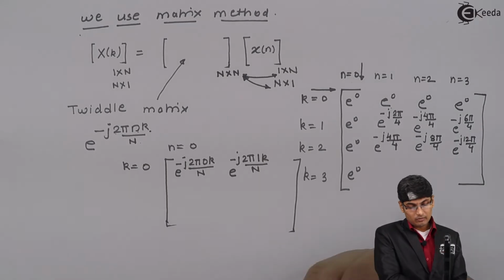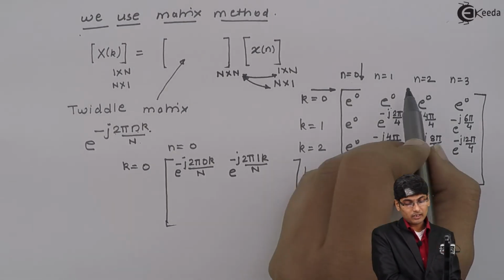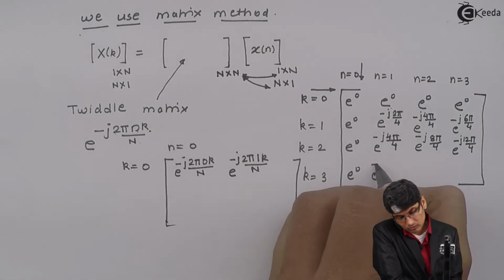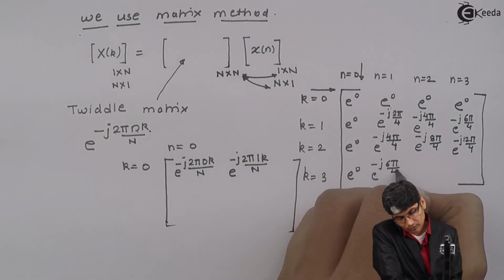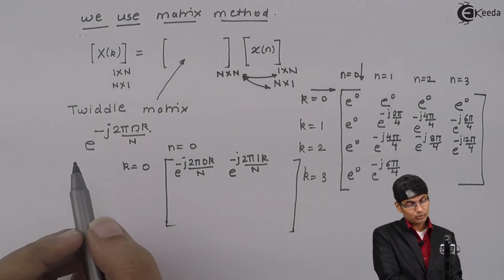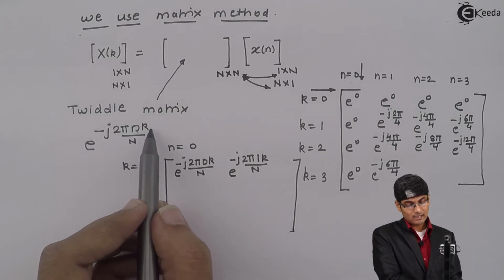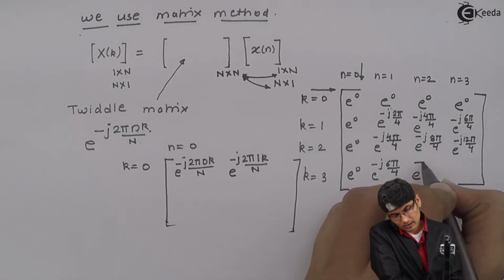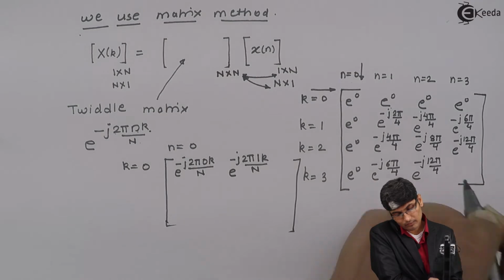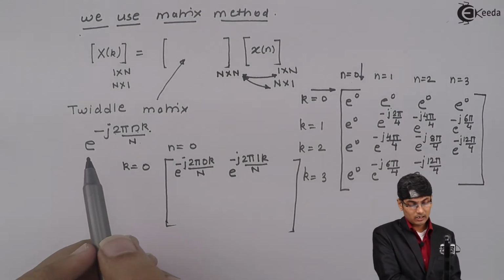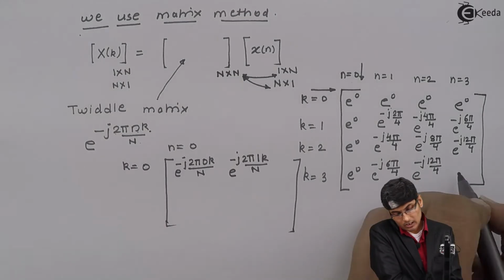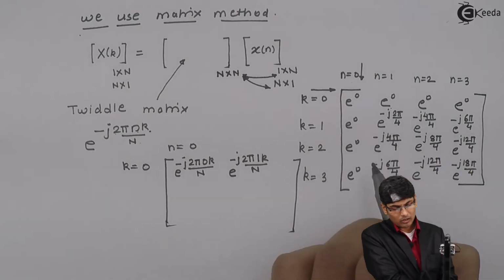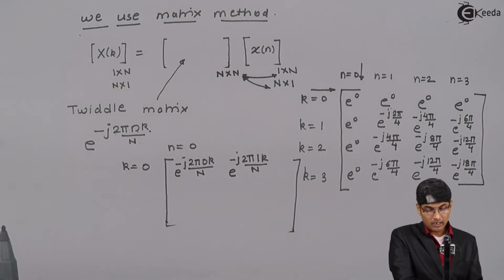And finally, when my k is 3, n is 0, okay, this is fine. N is 1 and k is 3, so 3 2s are 6. So e raised to minus j 6 pi by 4. Then n is equal to 2 and k is equal to 3, so 2 3s are 6, 6 into 2 is 12, e raised to minus j 12 pi by 4, and then n is equal to 3 and k is equal to 3, 3 3s are 9, 9 2s are 18. So this is how all the elements will be built up in the given matrix, which we called a